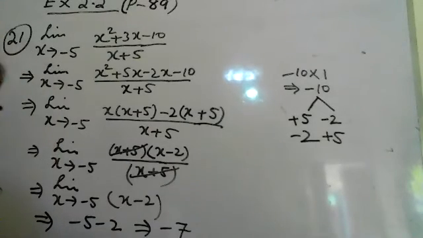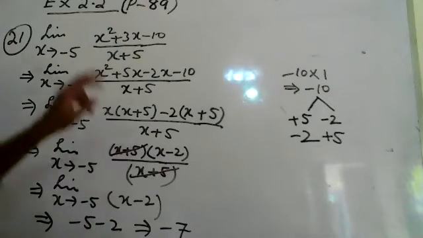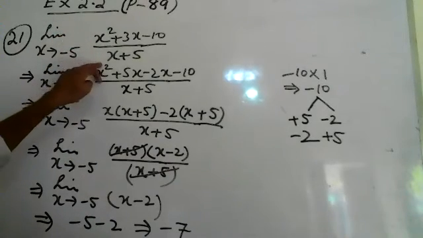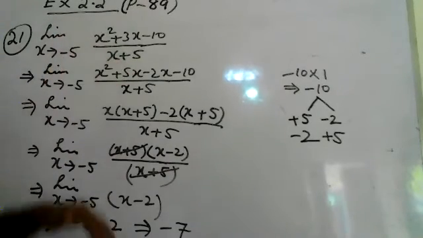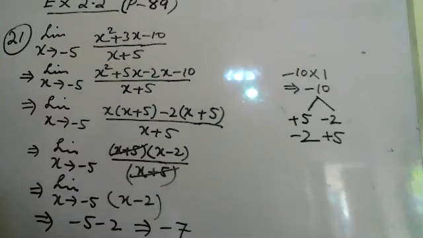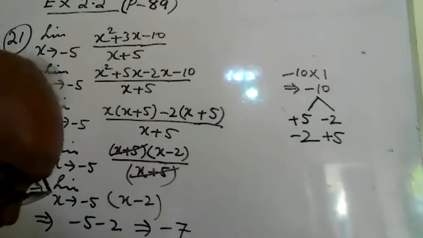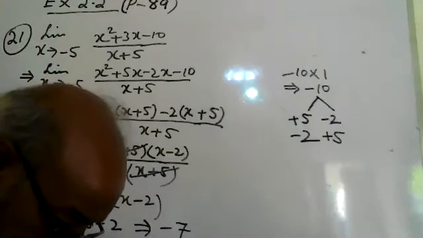In the same way, we may do the factors of the upper term or of the lower term, or for both, maybe sometimes for both. We have to factorize sometimes both the numerator as well as the denominator, both the expressions.